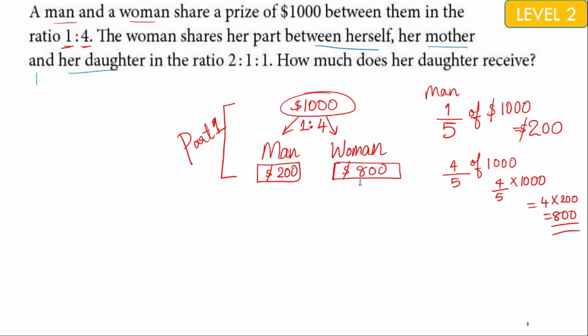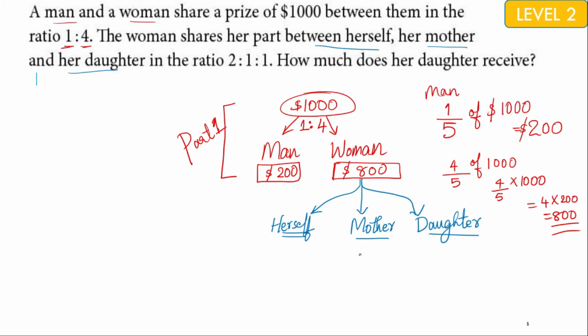So she's going to divide this between herself. So she's taking a part of the money. She's going to give a part to her mother and a part to her daughter. So now let's see how the money, the $800 that she has received, is going to be divided into 3 portions in the ratio